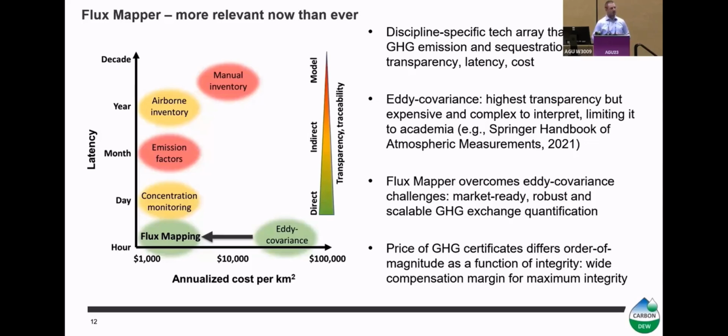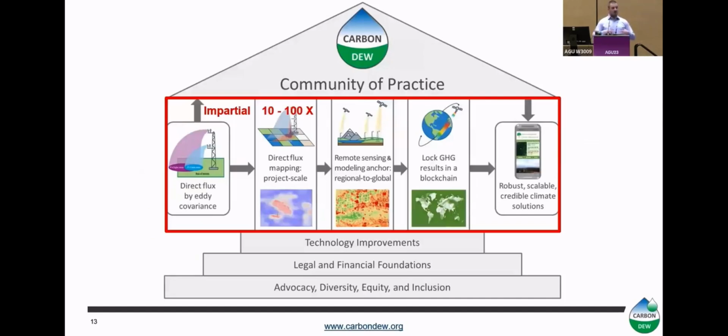and bringing this transparency, rolling out this transparency across our different management and quantification tools. So now let's put this all together back into the whole picture. On the one hand, we have this impartial molecule tracking integrity that we can utilize based off the direct flux measurements. We can bring down the cost and the complexity by bringing it into formats and units that are readily accessible, that can be rolled out over Google Maps, that we can let loose our GIS scientists and integrate that and compare that and benchmark existing methodologies to a direct methodology,